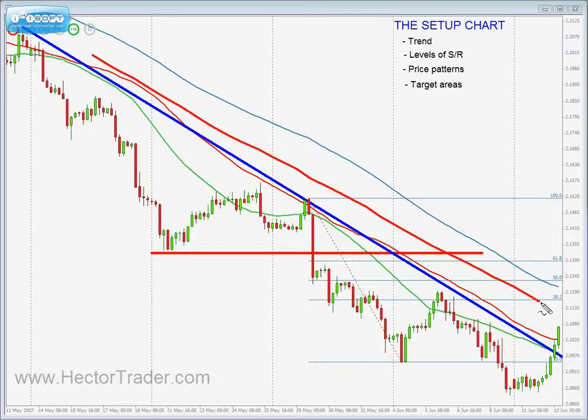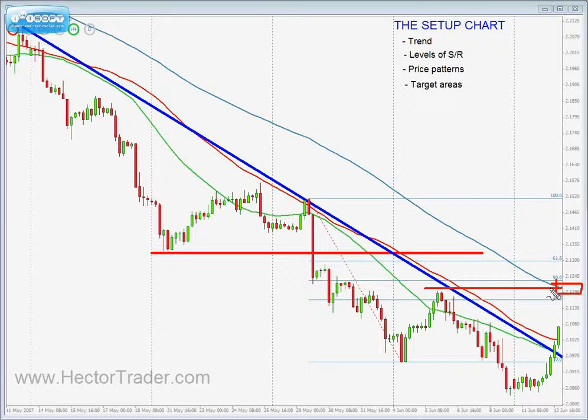Also, we have the downtrend line right there, and also we have the 50% Fibonacci retracement. All of them coming together at that area. So we have three elements of support and resistance, in this case, since we're in a downtrend once again, coming together at this price level. Okay, right there,